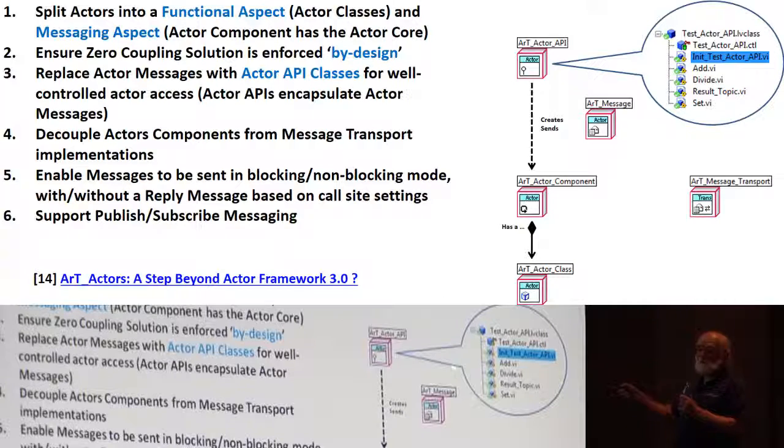And if you have a single API, it's easier to control. You can create a child of it and reuse it, etc. Then I wanted to fully decouple actor components, the actor core, from message transports. Actor framework, you do the priority queues, and that's pretty much it. I wanted to completely decouple them and introduce an abstract message transport layer. And I wanted to have publish subscribe from the very beginning. And I did it in 10 weeks, and it worked.